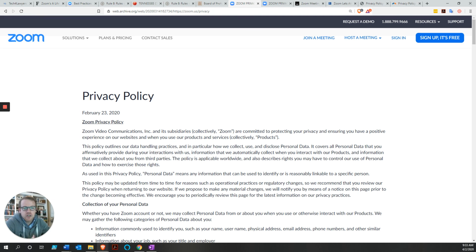So just very quickly, like I said, we're going to take a look at a few privacy policies and point out some of the language that we want to look at. We're going to be looking at both of Zoom's privacy policies to show you why we may want to look a little deeper into just the current policy, to make a determination about the safety of our client data and their confidentiality.